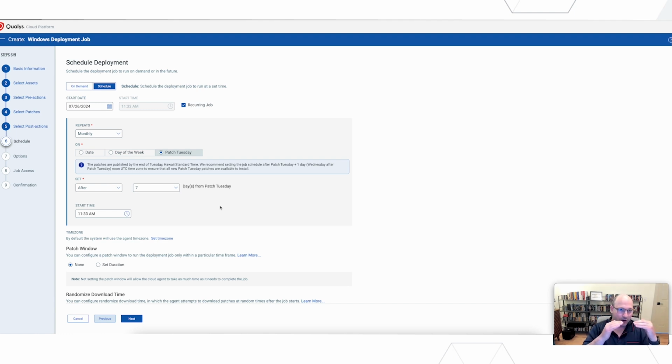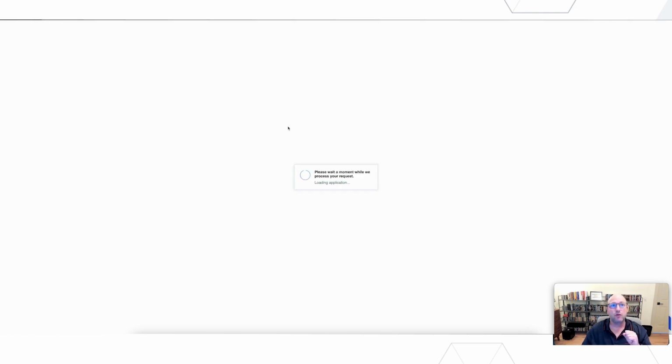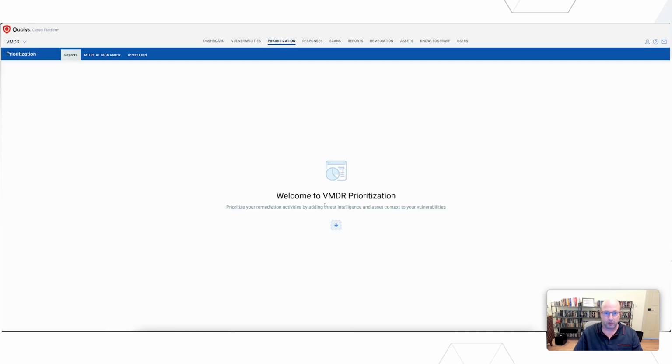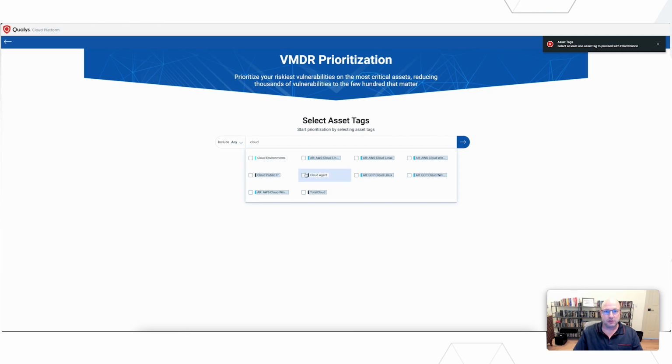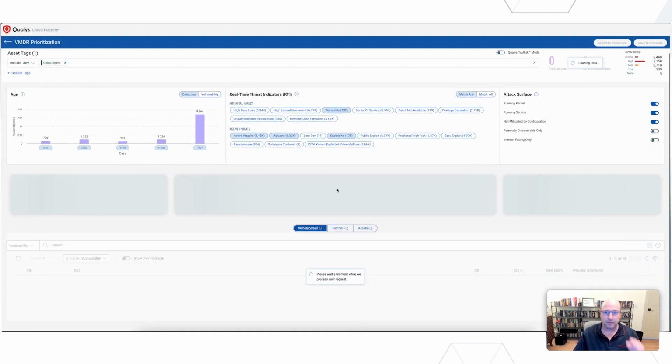So again, honoring the best practices and honoring the fact that security and IT teams are different, we can build this in a way that IT can actually be the one that deploys the patch and security are the ones that read and build the vulnerabilities to patch. And to illustrate that even more, let me go back to our VMDR. So what I'm going to do now, I'm going to run a prioritization report. And that goes back to what we discussed about the importance of prioritization. So I'm running a risk prioritization report from a security perspective to find top vulnerabilities that I would like to